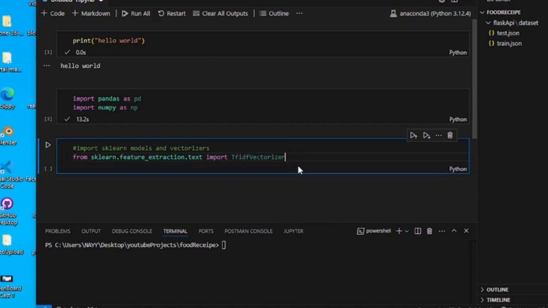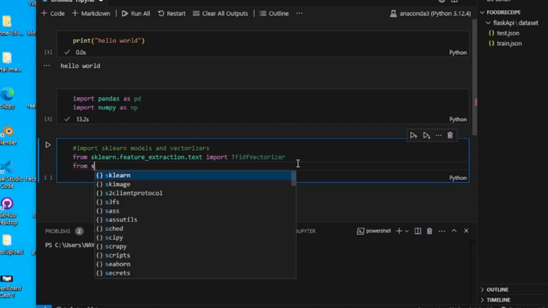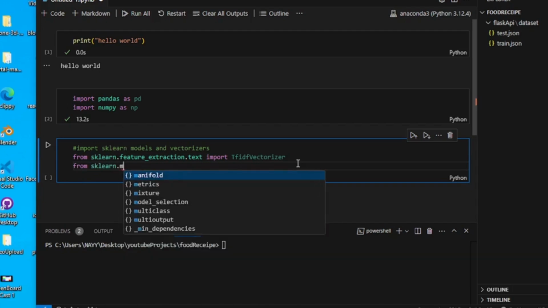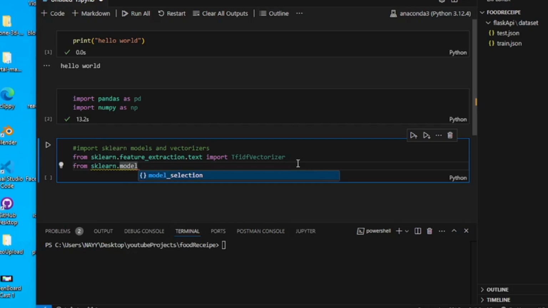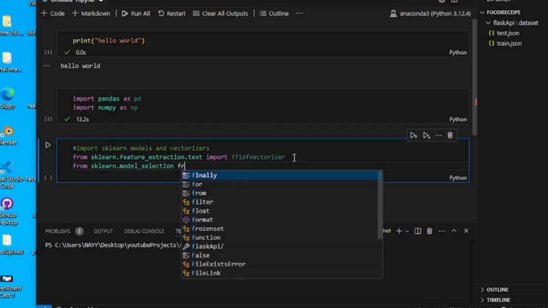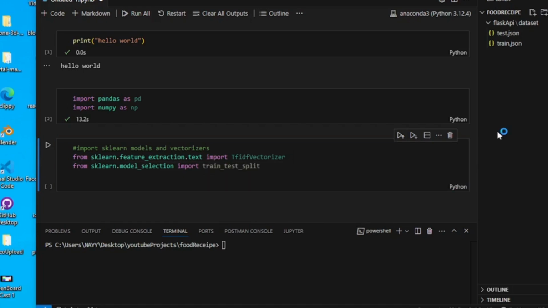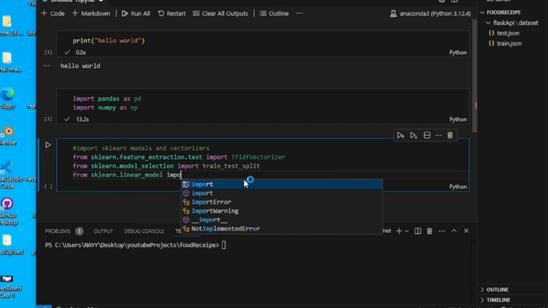So after taking this one, we do the same for sklearn model. We extract a model, a model selection, and import train test split. And our next import will be from sklearn again. We do a linear model and import